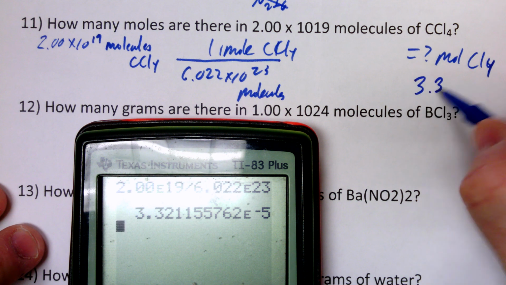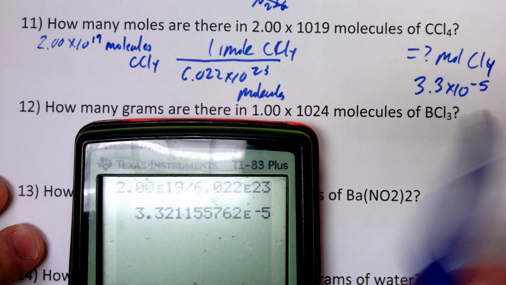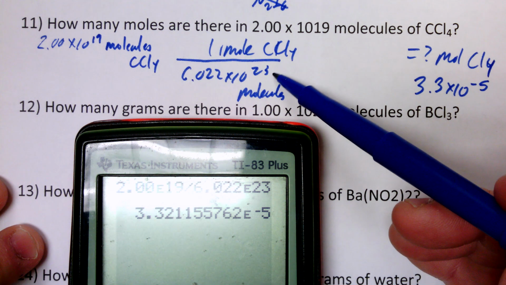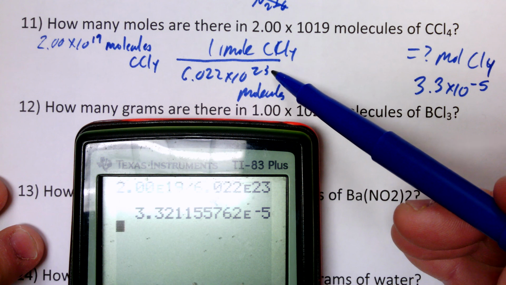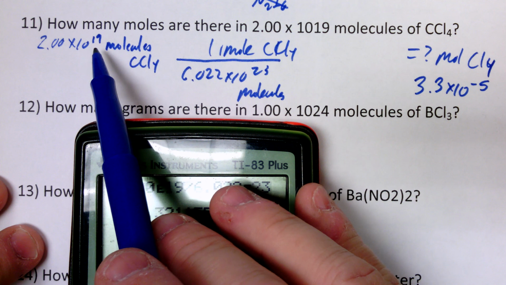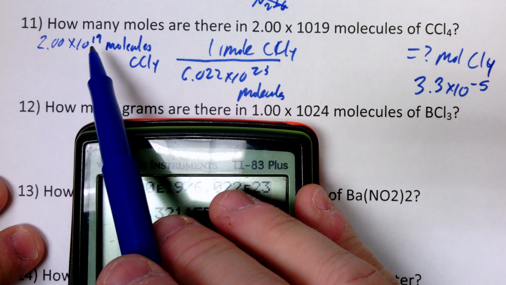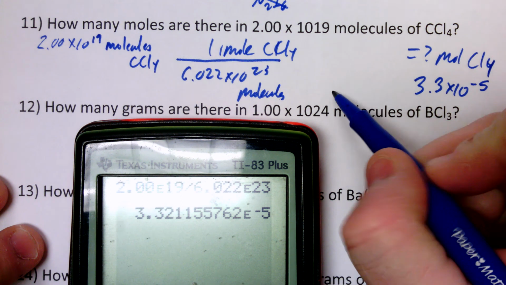Got 3.3 times 10 to the negative 5th moles. That's a pretty small number. And if you think about it, there are 6.022 times 10 to the 23rd in a mole, and I've only got a times 10 to the 19th. I've got a lot less than a mole's worth of stuff here. So it ended up being a pretty small number. It's going to be